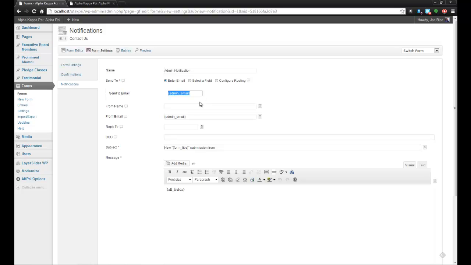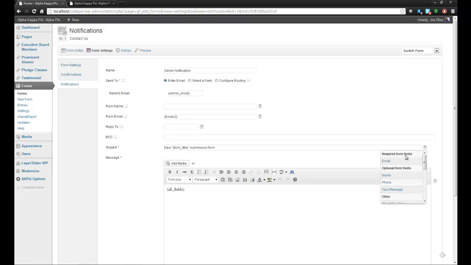Okay. The from email, who do you want that to be from? Maybe the person entered an email address, so maybe we want that to be their email. Okay, so this would be the email address of the person that entered the form, or filled out the form. Okay. When we receive the form, we want to know what the subject line is going to be. So a new contact form submission form will basically be the name of this. All right, or new Contact Us submission form from,